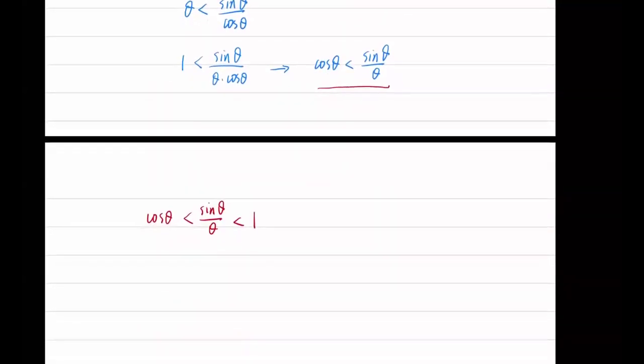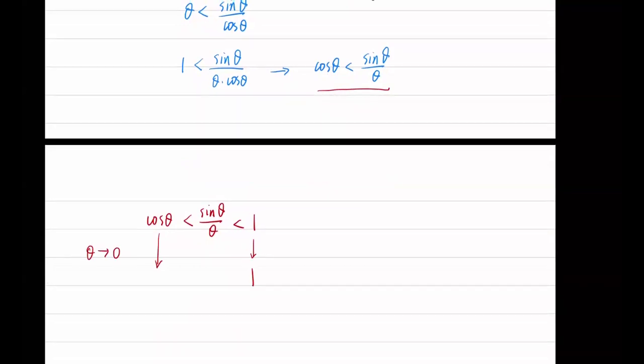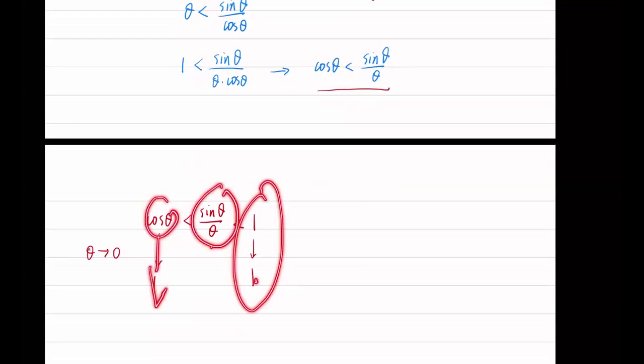Now we do something we do in our class. We take a limit. So this one, when theta goes to 0, the limit is 1 because it's constant. Okay, Sakina, what's the limit of this when theta goes to 0? Cosine 0, what's that? Cosine 0 is 1. All right. Okay, now we have the squeeze theorem. This one goes to 1. This one also goes to 1. This thing in between, it has to be 1. So by the squeeze theorem,